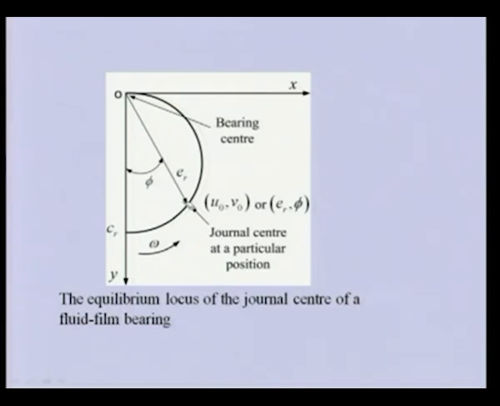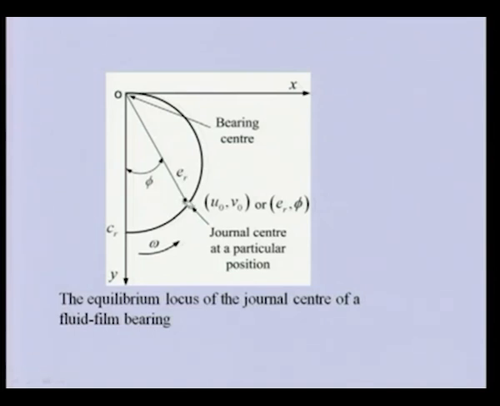At a particular speed the journal occupies an inclined position, and in the previous figure we have seen that we describe this position by the radial eccentricity and the attitude angle. This is the equilibrium position of the shaft for steady state force. If there is a dynamic force, then the shaft will oscillate about this point, and the linearized stiffness coefficients are defined